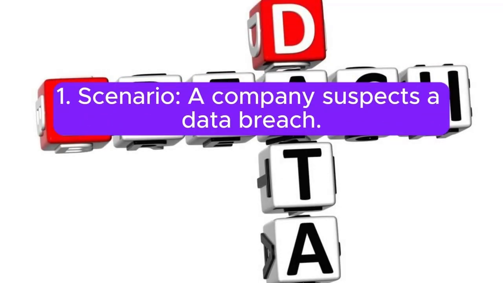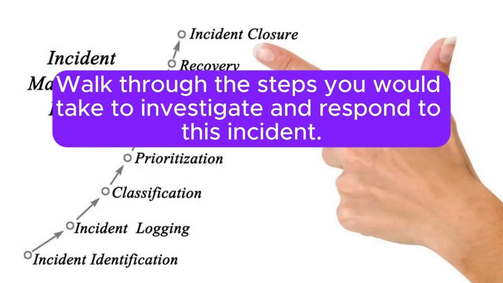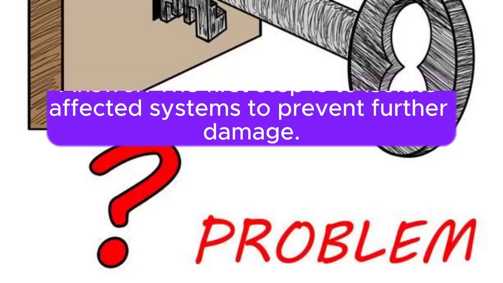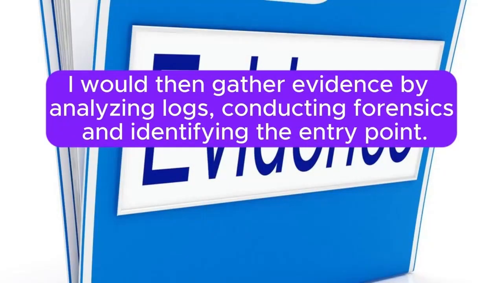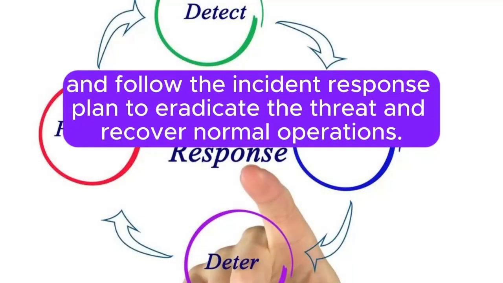1. Scenario: company suspects a data breach. Walk through the steps you would take to investigate and respond to this incident. Answer: the first step is to isolate affected systems to prevent further damage. I would then gather evidence by analyzing logs, conducting forensics, and identifying the entry point. Simultaneously, I would notify relevant stakeholders, implement containment measures, and follow the incident response plan to eradicate the threat and